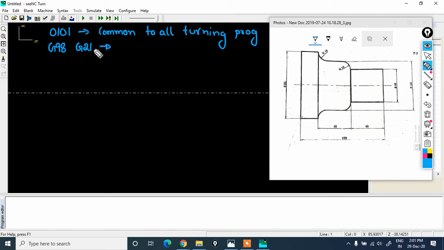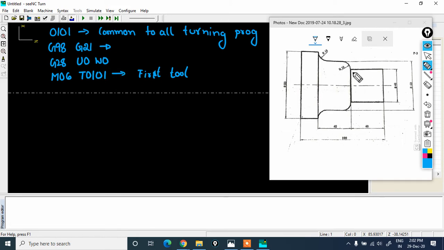So we are defining the initial conditions. Later, let me move my cutting tool to the origin position, that is U0, W0. At the origin position I will change my tool with M06. The tool notation will be T0101, my first tool. Here only one tool is enough.